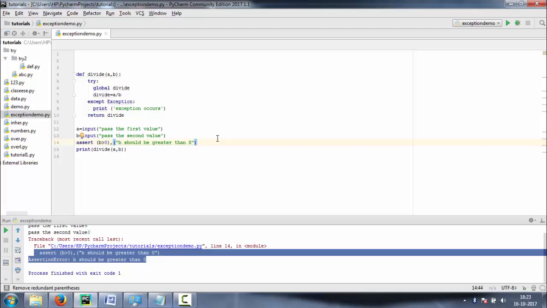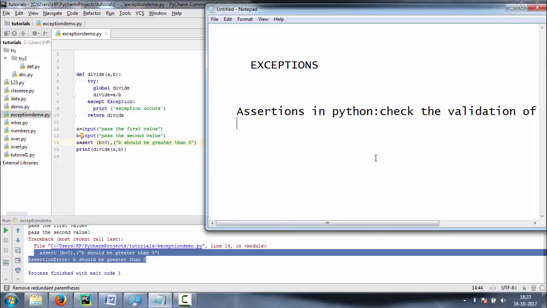Okay, now let's come to the try finally block. What is finally? Basically, finally is a keyword which is used when we want to execute some operation whether the exception is handled or not. It is always executed no matter if an exception occurred or not.